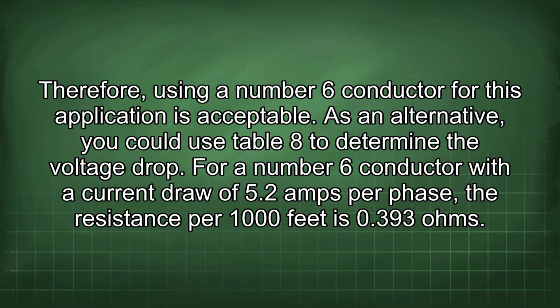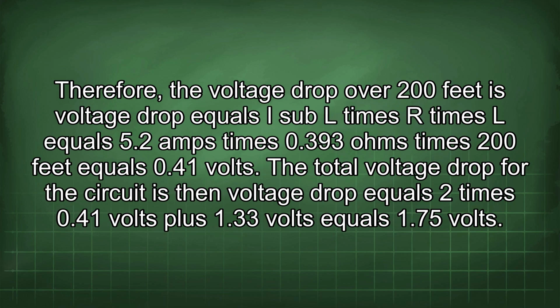For a number 6 conductor with a current draw of 5.2 amps per phase, the resistance per 1000 feet is 0.393 ohms. Therefore, the voltage drop over 200 feet is voltage drop equals I sub L times R times L equals 5.2 amps times 0.393 ohms times 200 feet equals 0.41 volts. The total voltage drop for the circuit is then voltage drop equals 2 times 0.41 volts plus 1.33 volts equals